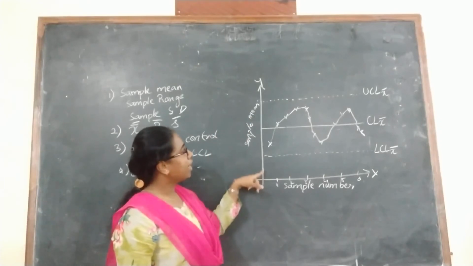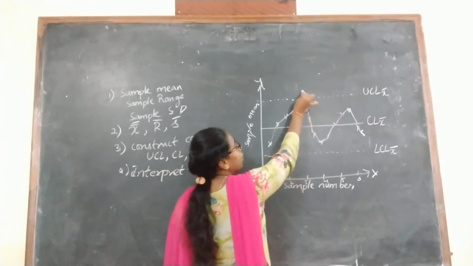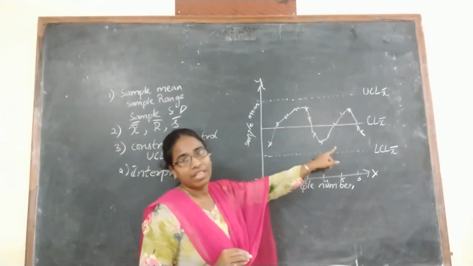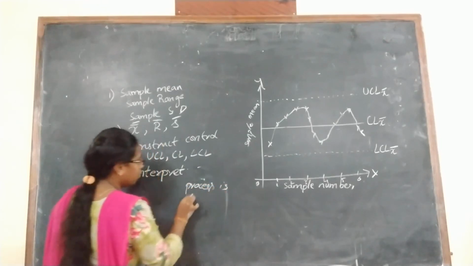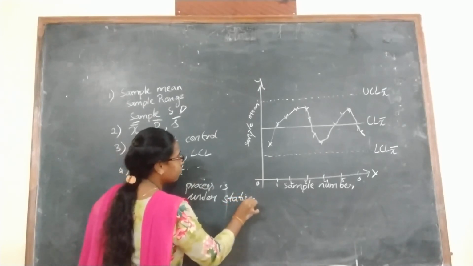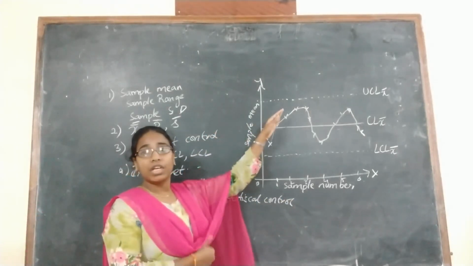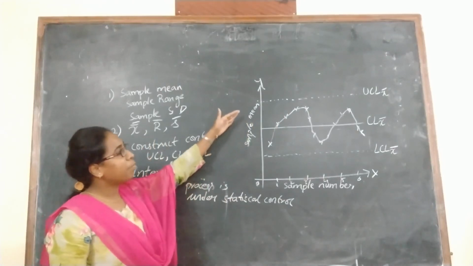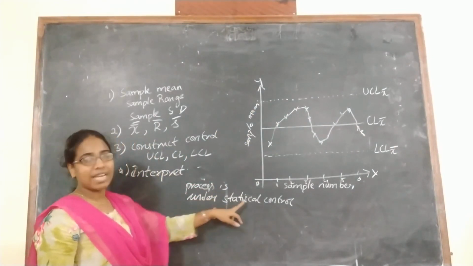If you observe the graph I have drawn, just for sample purpose, no value is going outside the UCL or below the LCL. If you have a graph like this, then we say that process is under control. We say that process is under statistical control. Since we are using statistical methods for constructing the control limits and for checking the production process, if all the values are below UCL and above LCL, then the process is said to be under statistical control.